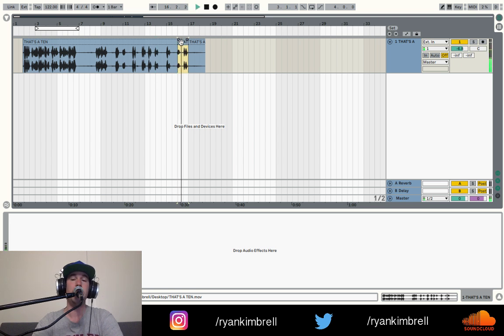So I know "that's a 10" has to be the hook. It has to be the hook. I picked 122 because it's a club tempo, or I want it to have a four on the floor beat, and that disco tempo is in the house kind of area. I'm a little slow, but we could speed it up. We'll see. I'm going to have to warp this audio, but I'm going to go ahead and mute this channel now.